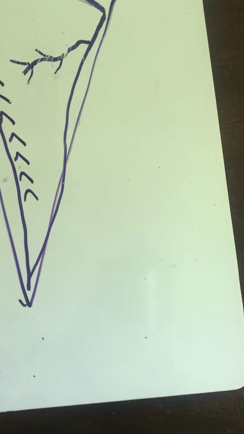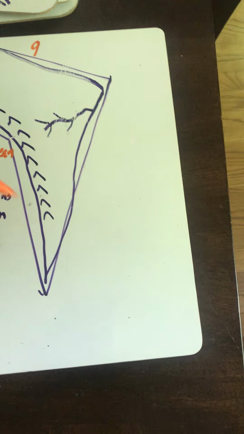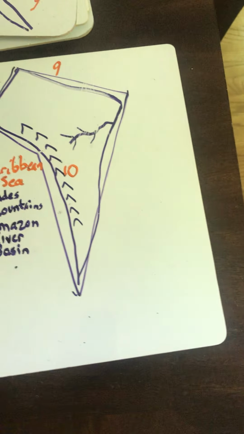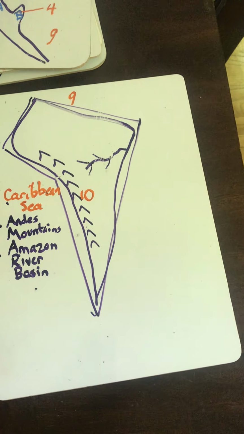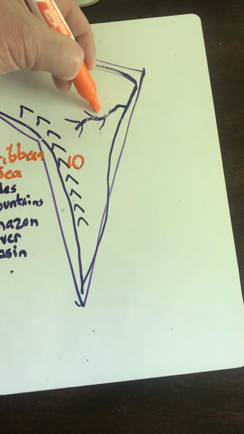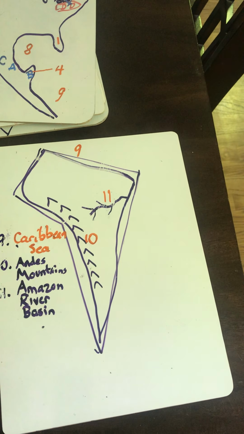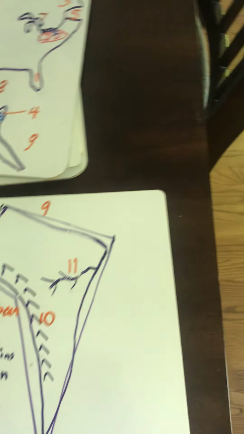Caribbean Sea, and that is 9. Andes Mountains are right here, 10. And the Amazon River Basin, surrounded by the world's largest rainforest, is 11. And for our purposes, that's all we need to know in South America,